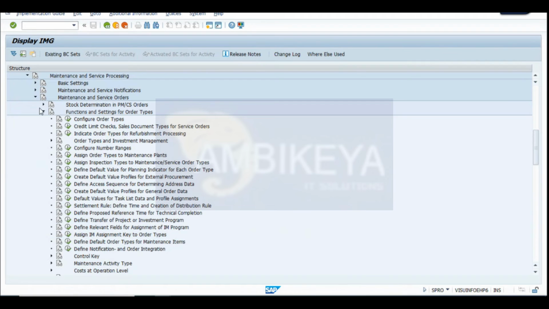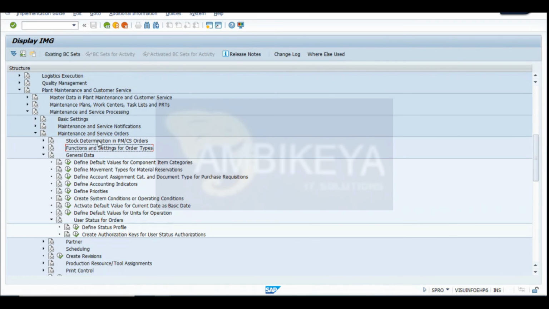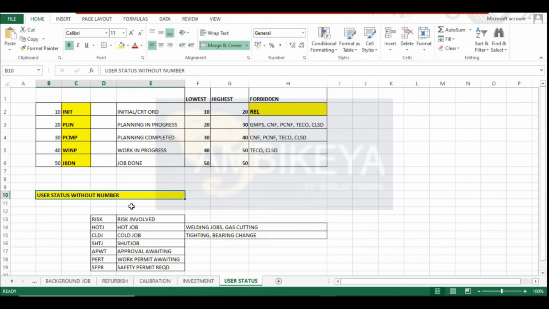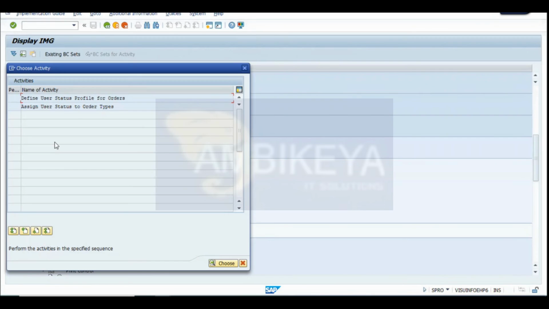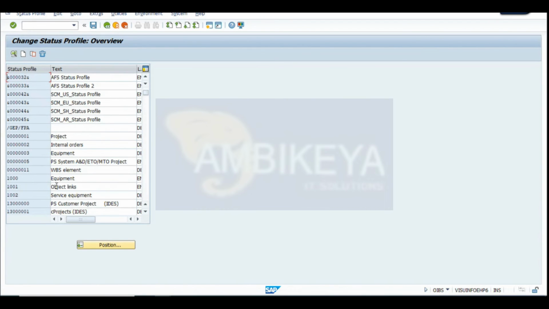Here only you'll get General Data, no need to go to Functions and Settings for Order Types. In this General Data, Define User Status Profile. This is the backend one. So go to User Status Profile, Define User Status for Orders. You can have user status for any order. We can have user status for equipment,